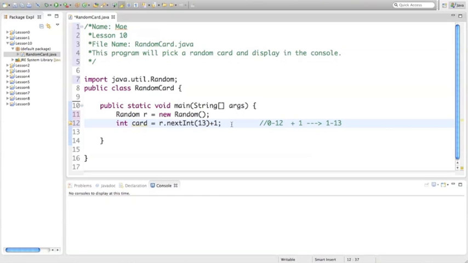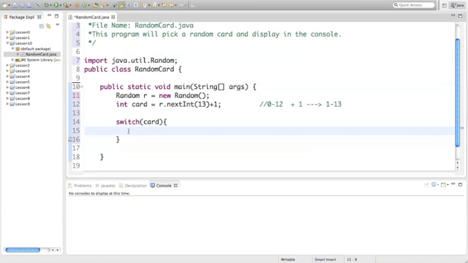But remember, a 1 would be an ace, an 11 would be a jack, a 12 would be a queen, and a 13 would be a king. So this is where we're going to start our switch case. So type in switch, and we want to switch the value for card. So that's our variable that we're switching. Open it with a parenthesis, and then close it. So in the switch is where we're going to write what we want that value to be switched to. And unlike an if statement, there are many different options and different paths that the switch can take. So the first path is case and then 1. So that's saying when this value card is 1, and then a colon,